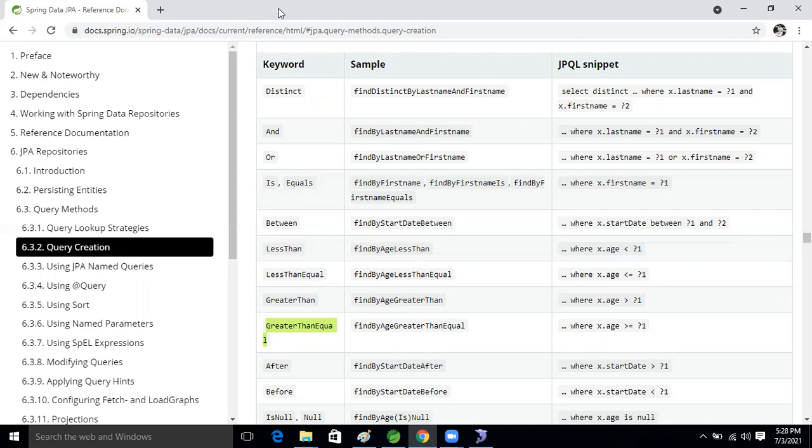Okay, so next one is what? Our next one is greater than and student. We will use multiple operators, the like operator also, and based on that we will select the record, guys.